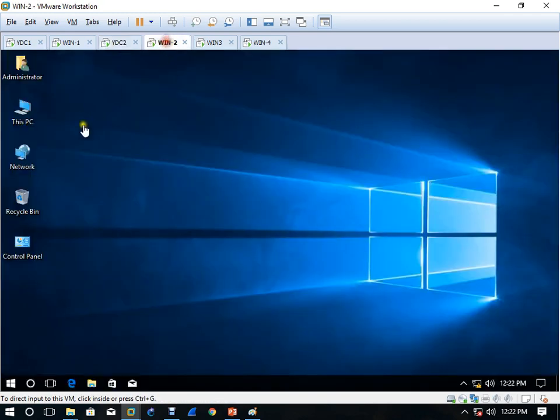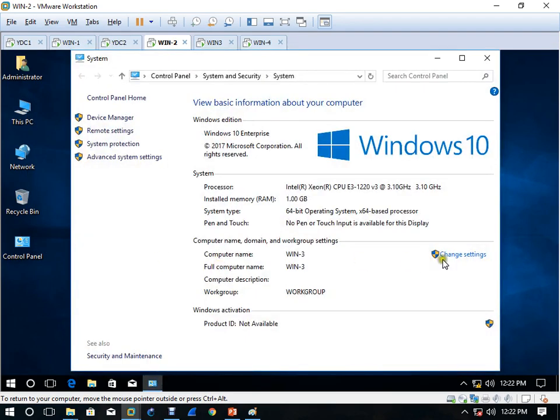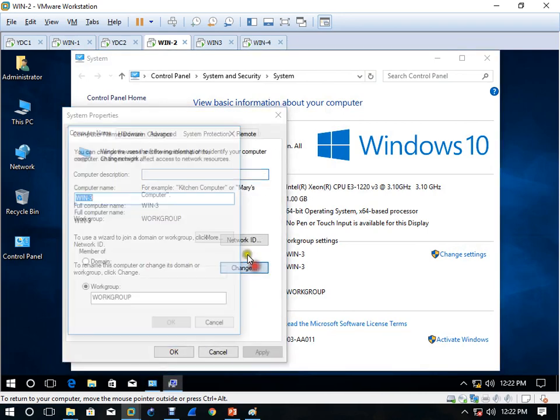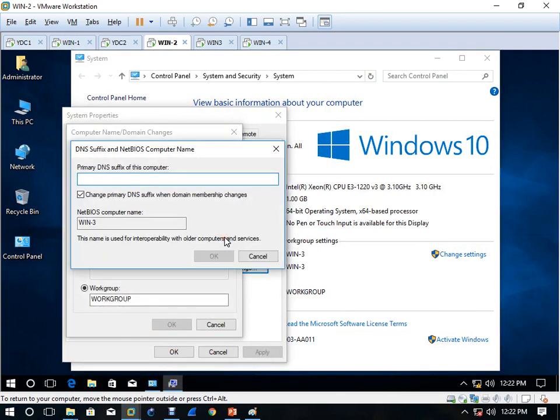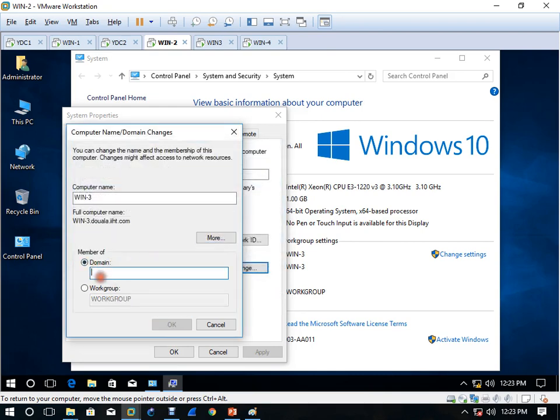So I'll come here, change settings. What should I write here? And here, the Dwala domain name.